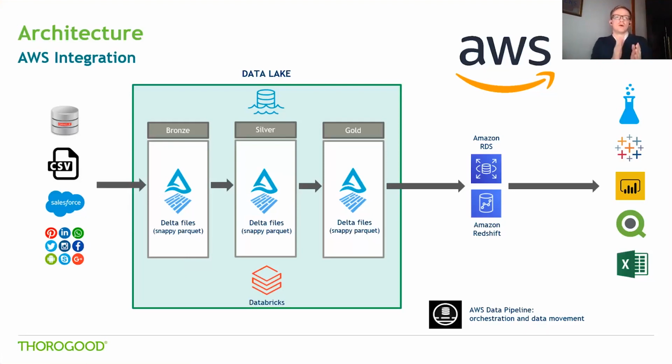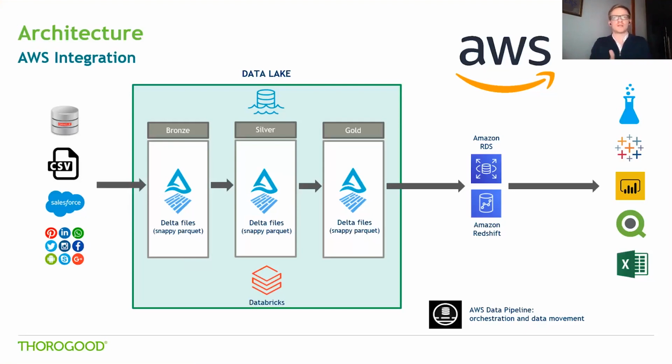And then as we move from bronze through to silver, through to gold, we want our data to become more refined. So we want it to be cleansed. We want it to be transformed. We want to perform the right aggregations. And that's where we're going to lean on Databricks to be doing that. We want it to read data from the bronze layer and move it to the silver layer. And then when it's in the silver layer, we might want it to get rid of some nulls or join to a different data set, or provide some sort of summing of measures as well,